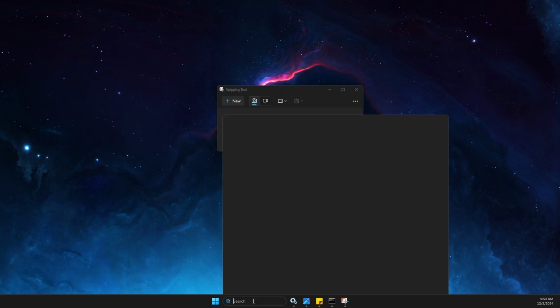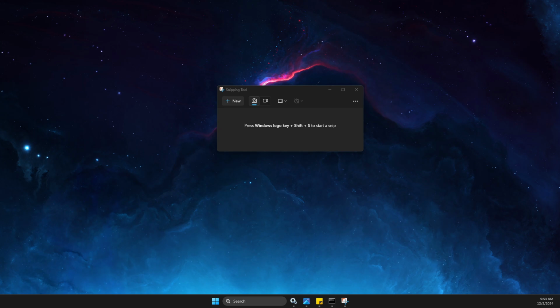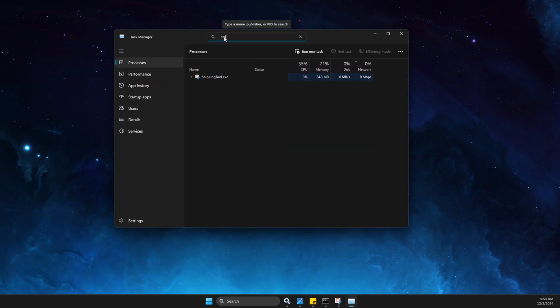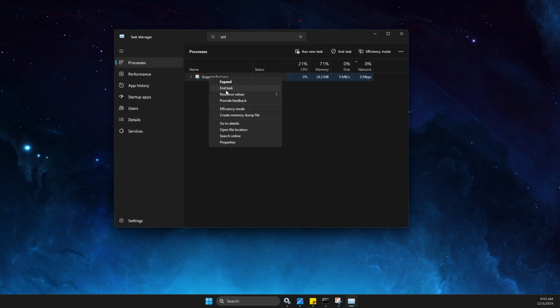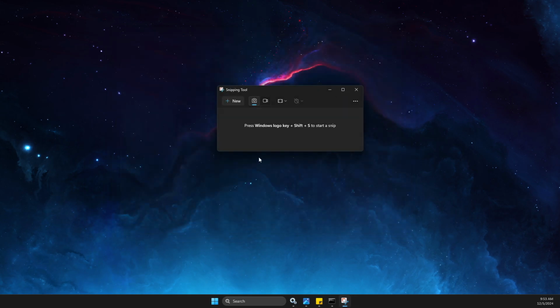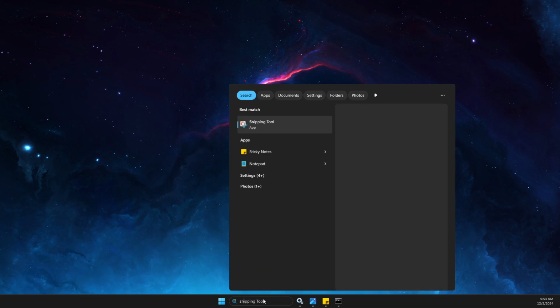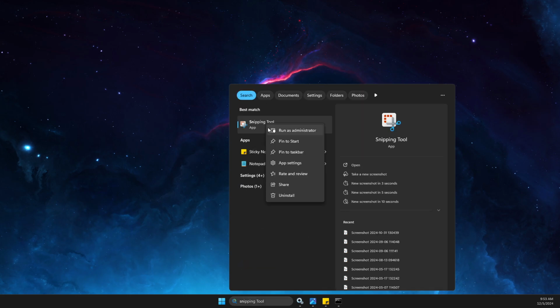and look if there is a task of snipping tool. So type in here snipping tool. If it's appearing on your computer, you just need to right click and end task and try again and look if it opens or not. If it's not opening, then you just need to go and search, look for snipping tool, right click on it,